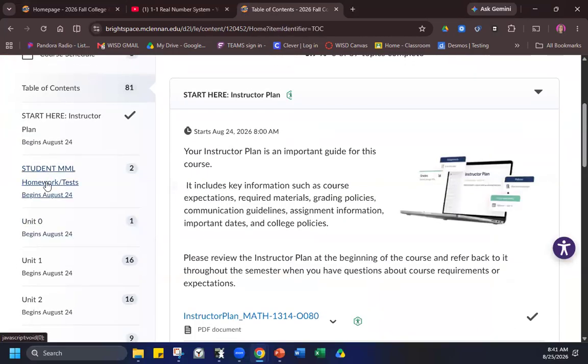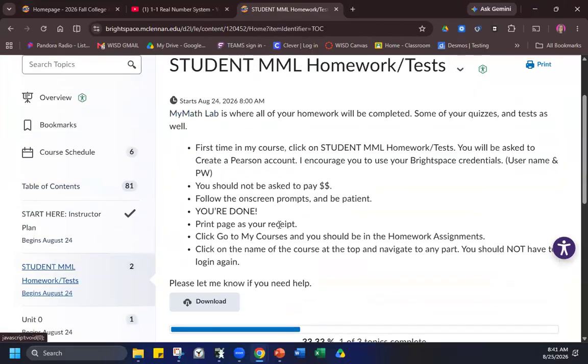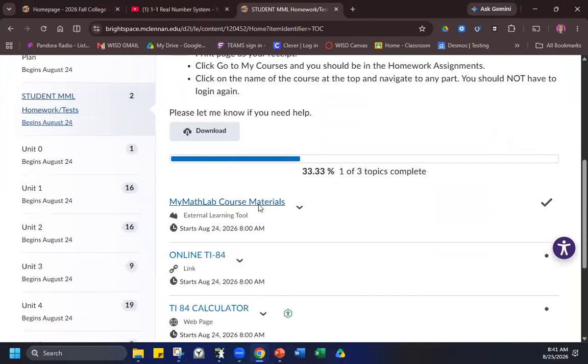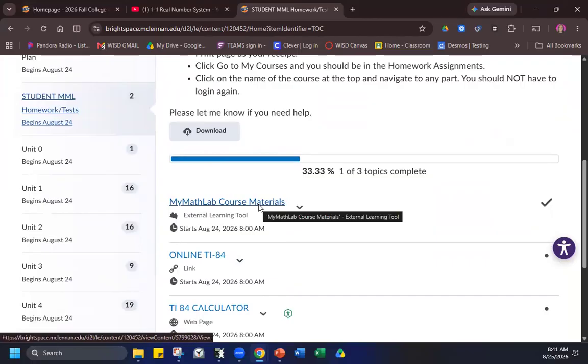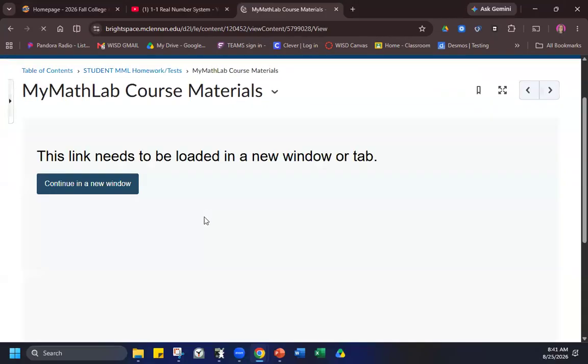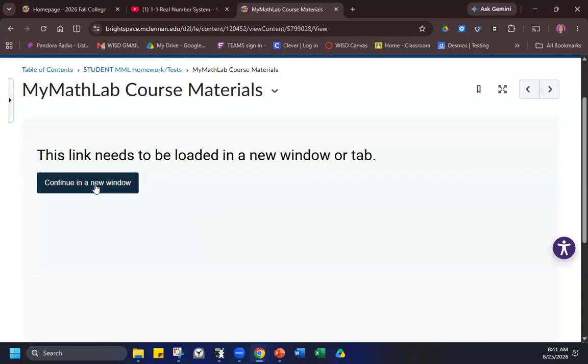Now we're going to go to where it says Students MML Homework. This is where we're going to activate our My Math Lab. So do you see where it says My Math Lab Course Materials? You're going to click that guy. It's going to give you a thing that says you have to continue in a new window. And you're going to continue in a new window. Now, because I'm pretending to be a student, I don't know how far it's going to let me go. But it may let me go all the way, just for the sake of,